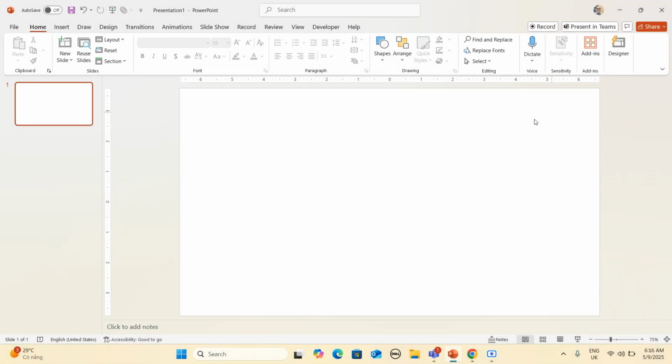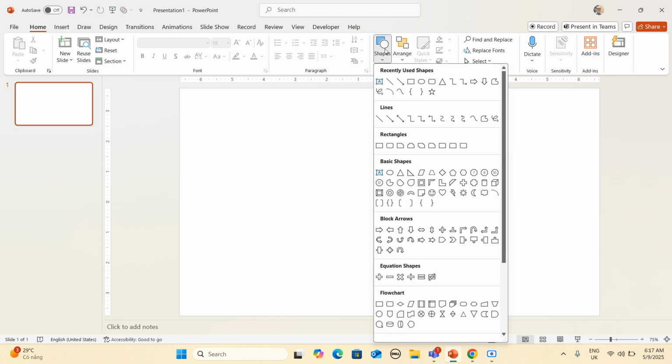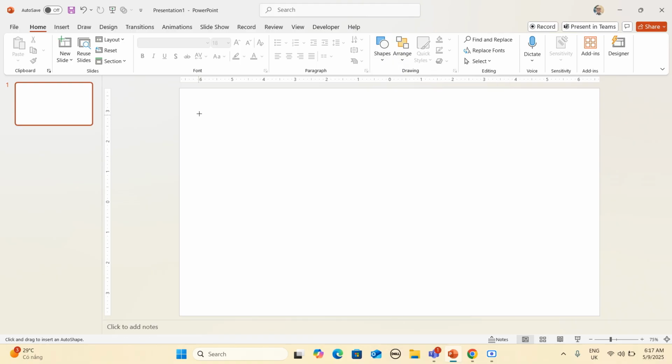Right, so let's dive right in with shapes. So, like I said, shapes is one of the most important parts of PowerPoint, and this is where all your design is pretty much going to come from. So, if I click shapes, you can find this under your Home tab, and we've got this area called shapes. You can see it's given me lots of different shapes. All of these PowerPoint has made for me. If I simply click on it, I can drag it onto my slide,